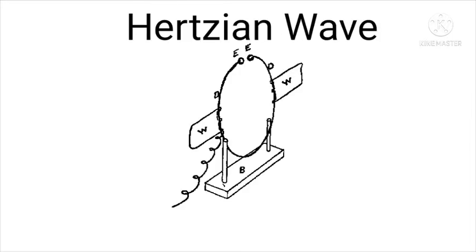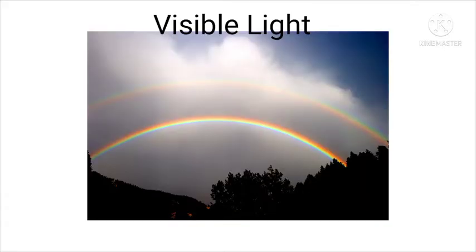Hertzian wave. A Hertzian wave is an electromagnetic wave produced by the oscillation of electricity in a conductor, such as a radio antenna, with a length ranging from a few millimeters to many kilometers. Visible light. Visible light is light we can see, so it is used in photography and illumination. It is also used in fiber optic communications, where coded pulses of light travel through glass fibers from a source